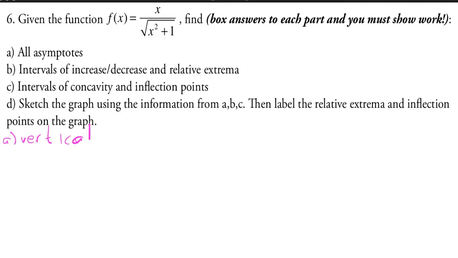for rational functions, you set the denominator equal to 0 and solve it. Well, this one doesn't have any solution. We could try to solve it, but obviously you can't have this equal 0 because this is always positive. So, no vertical asymptotes. Horizontal asymptotes, though,